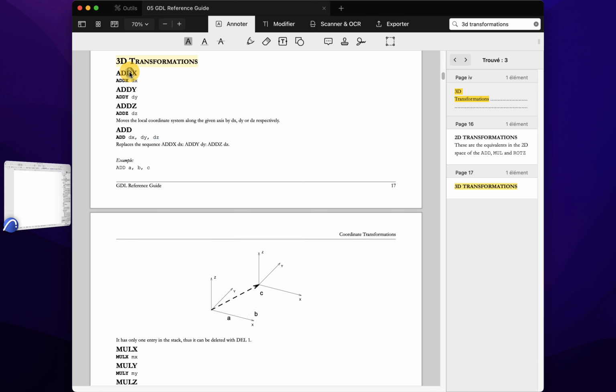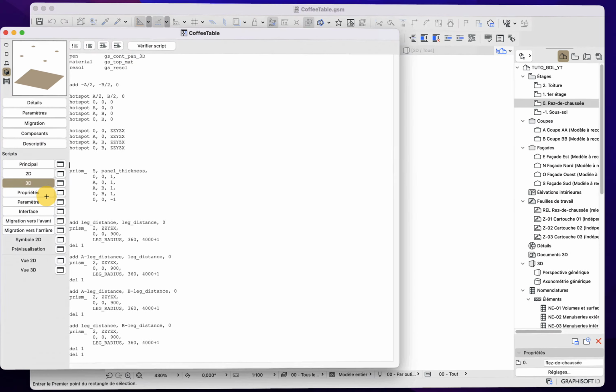But you can see here that we have some that act like shortcuts. For example, this one only needs 1 argument, which is the Z value. Those 3 transformations are really useful if you only move in one direction. This is what we want to do with the panels. So we will use the ADD Z command here.